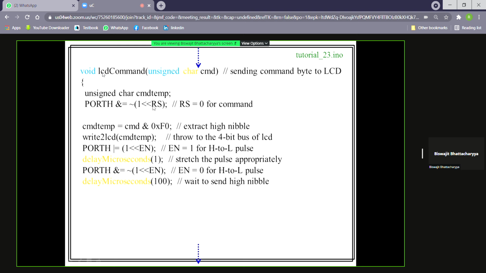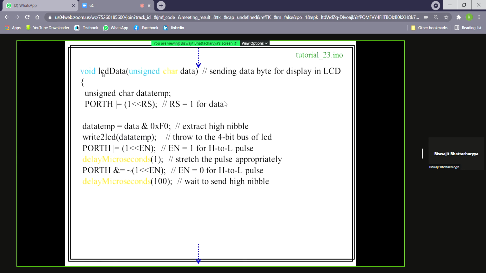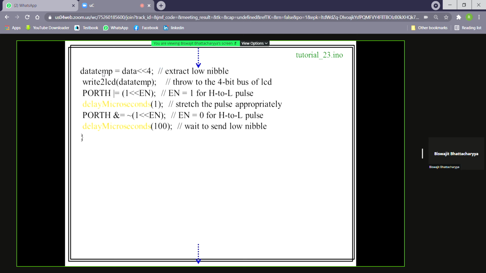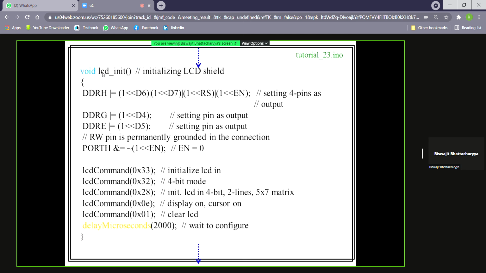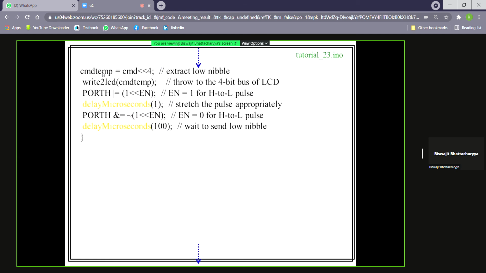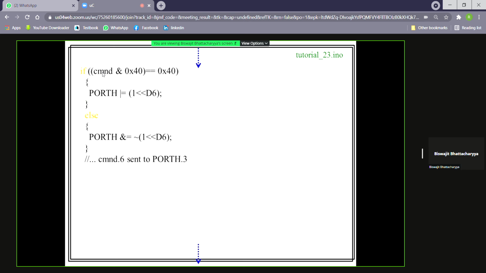In LCD command RS equal to 0 for command, but here RS equal to 1 for LCD data. So we want to send the character that we want to display. That is our LCD data. The upper nibble will be sent first, then the lower nibble.